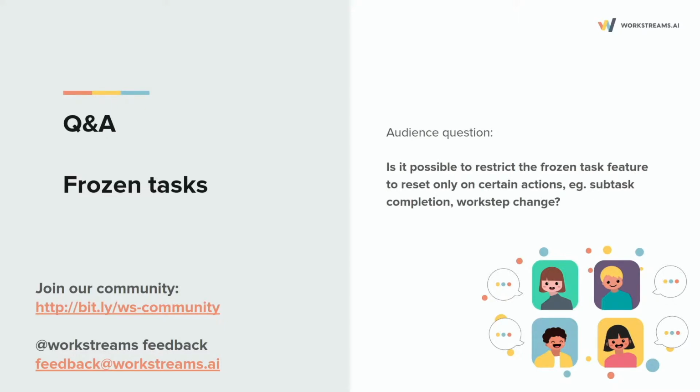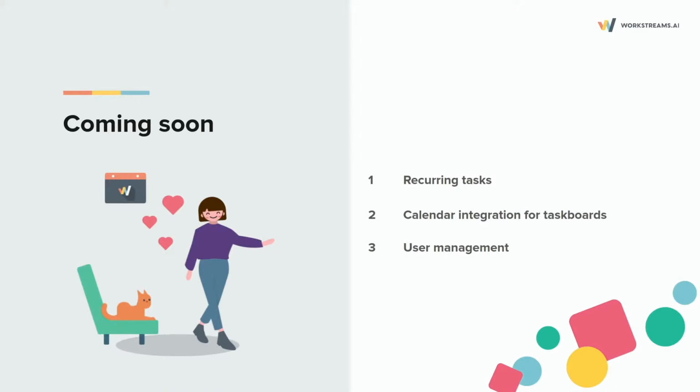Again, on frozen tasks, is it possible to restrict the frozen task feature to reset only on certain actions, for example, subtask completion or work step change? That's a very interesting question. Yes, we thought about it. Right now, basically any kind of change on a task will reset the counter, and when we give you the option to change the time frame, we might also give you the option to change which events should be resetting the frozen task status. Now, that was all on the Q&A, and we are entering the last phase of our session,